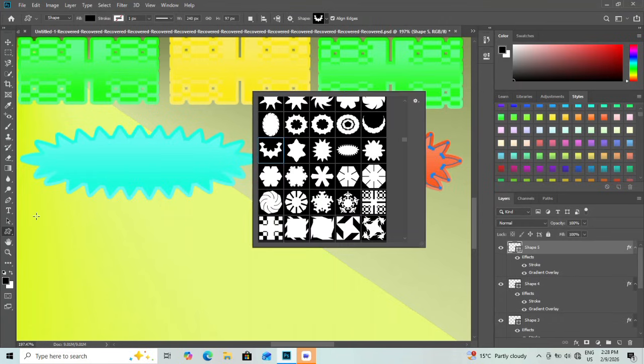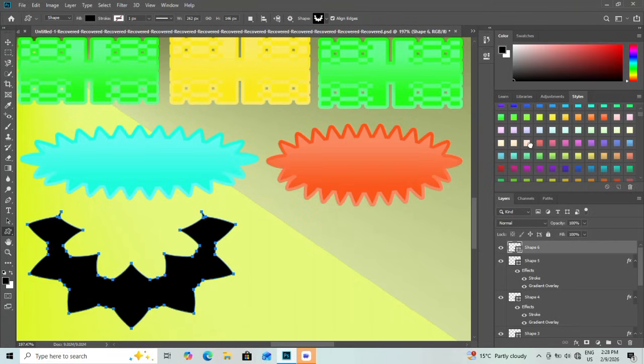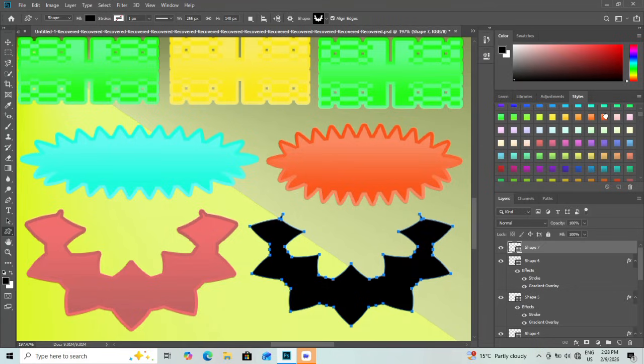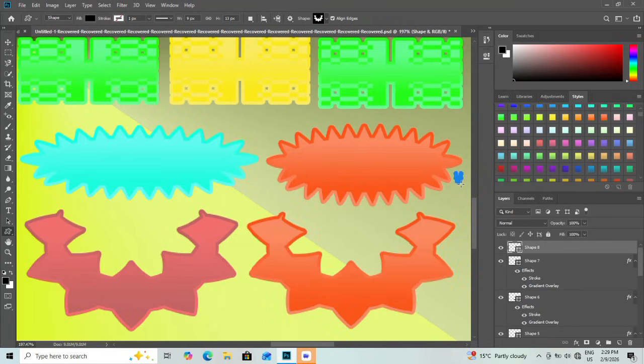Add a curves adjustment layer and slightly lift the shadows while softening highlights. This creates a smooth, cinematic feel. Use color balance to add mild warmth to highlights or coolness to shadows. Zoom in to check